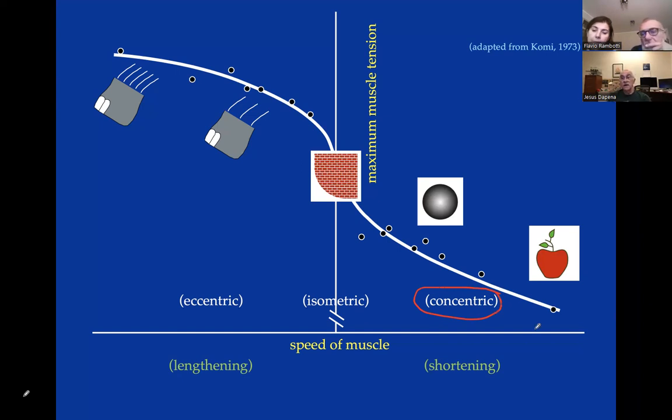Sometimes you will tell the muscle to shorten, and the muscle tries to shorten, but there is some resistance by outside forces, and the muscle is not able to shorten. It stays at constant length. So it tries to contract, but is not able to contract. This is called isometric muscle conditions.